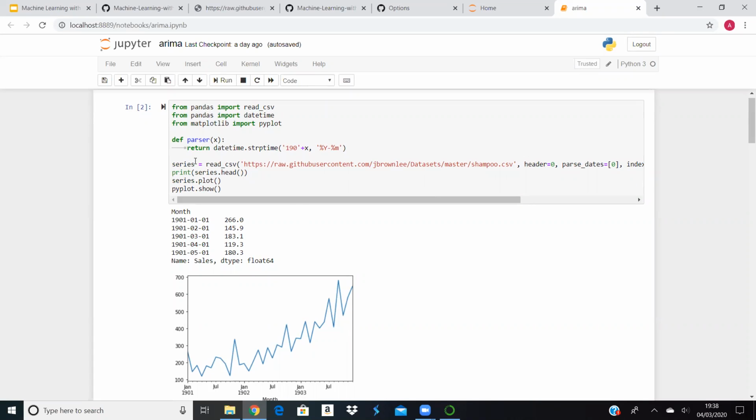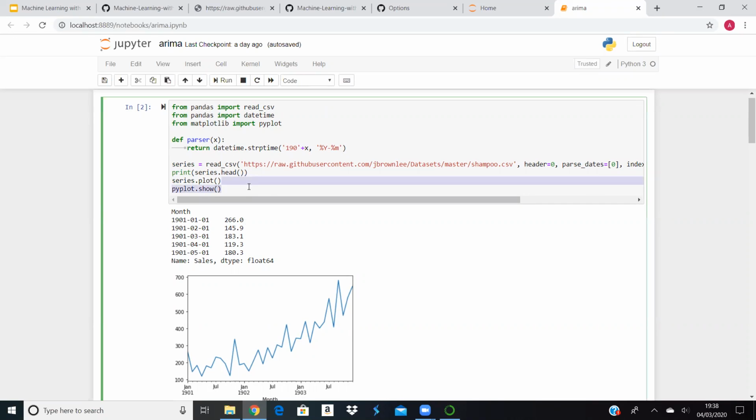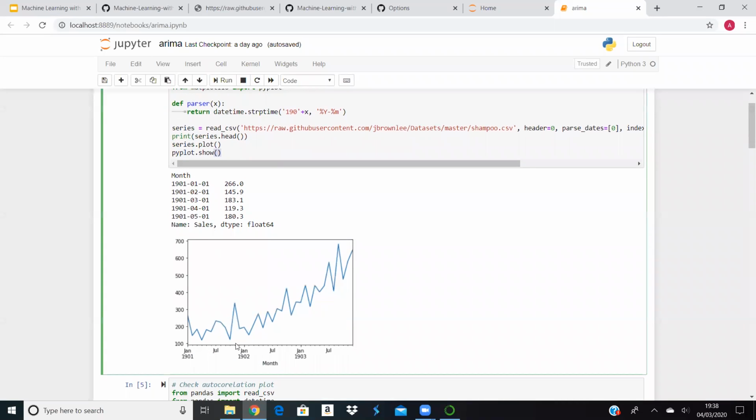We are reading it as a series and just plotting it. So this is how it looks. This is the shampoo sales data set that we have. The year is randomly set to 1901. I don't know if they had shampoos then, but